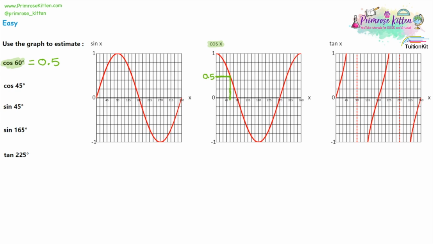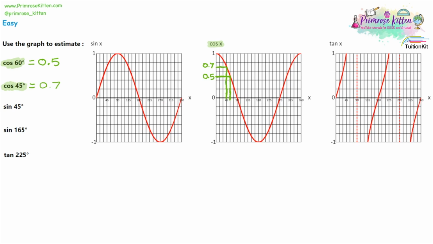Moving on to question 2, I want to follow the same process. So we have cos 45. Again, I'm going to do all the cos questions in green. I'm going to find 45 on the graph, which is labelled this time. And I'm simply going to trace a line up from cos 45 all the way up to our curve. And when we get to the curve, I'm just going to go across to the side. Now again, remembering this is going up in 0.2 each time, I'm going to count my way up from 0. So for full rectangles, 0.2, 0.4, 0.6, and then it goes again about halfway up. So that's going to be around about 0.7. So for cos 45, I can estimate that it is